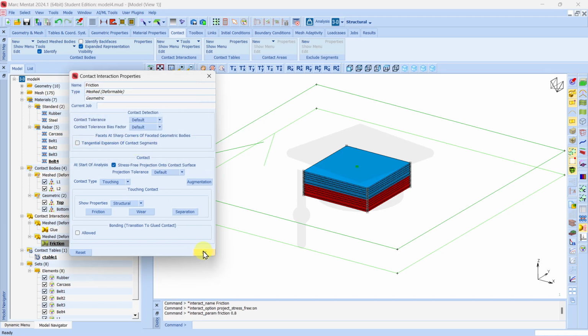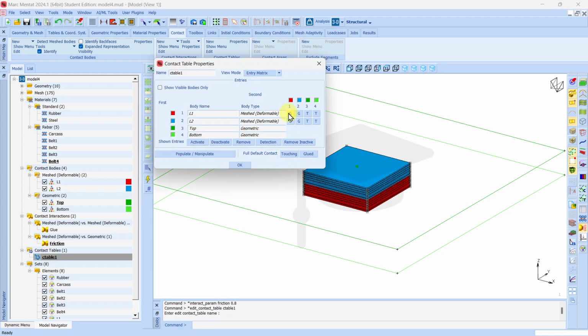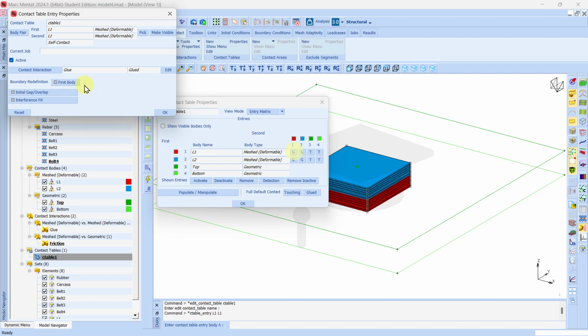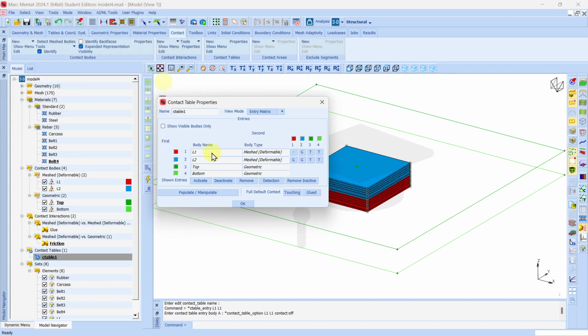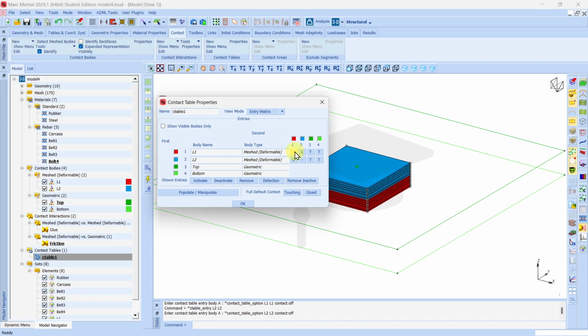Click OK and OK. If we go to the contact table again, you can see this is our element matrix. So we can turn off this one, we don't need it, because L1 and L1, this one means L1 and L1, we don't need it, and also L2 and L2, this one is also we don't need it. So you can inactive it, so click remove inactive. Okay, so you can see, look,